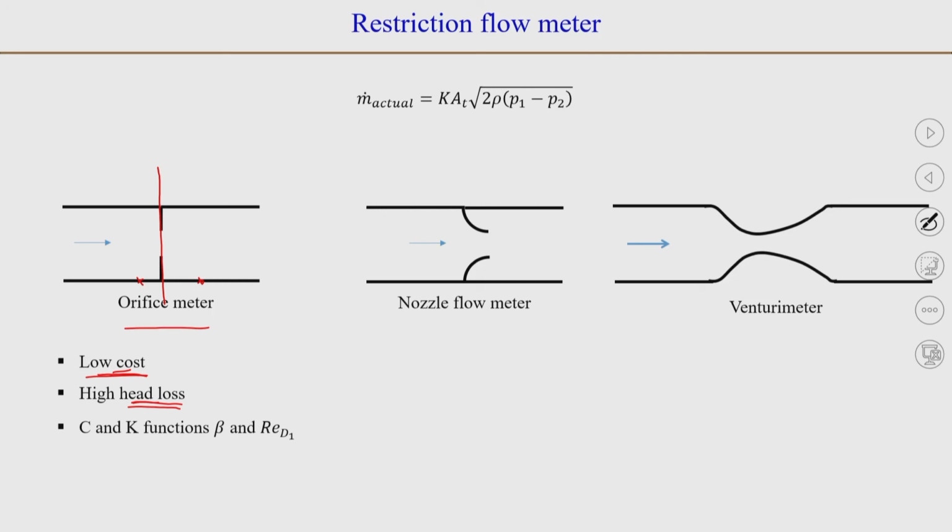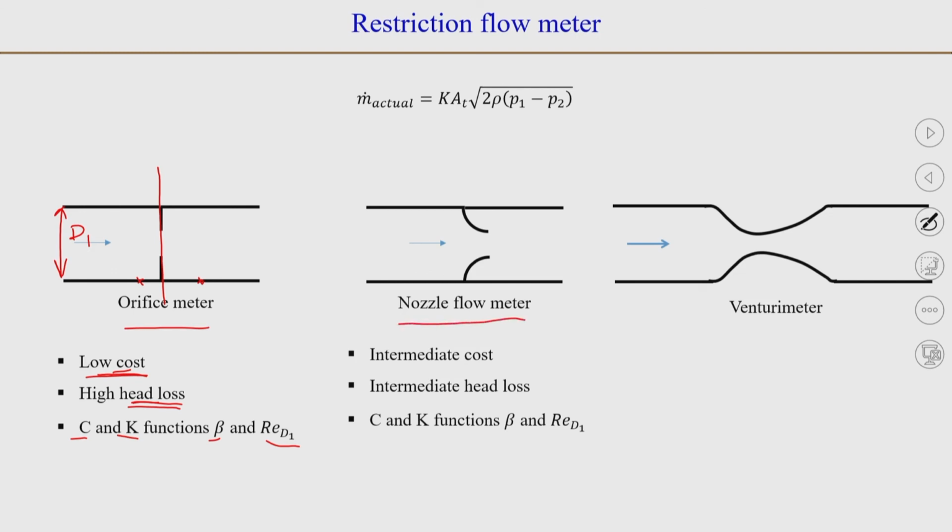So, one needs to think about which one to use, and the constant C or the flow coefficient K, both of them will be a function of the area ratio or the diameter ratio beta and the Reynolds number. Re_D1 indicates that the Reynolds number is based on the diameter of the pipe D1. Now, another